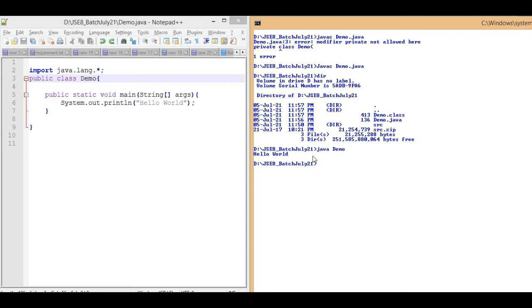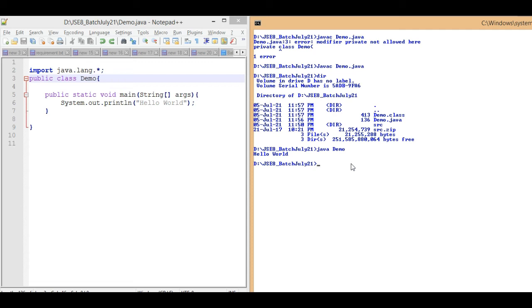As you know, while executing your class, I'm giving the class name here. Why is the class name given here? Because how will the runtime environment know which class is to be executed, right? Earlier when I had two classes, Demo and Demo1, I gave a clue to the runtime environment that I would like to execute the Demo1 class.